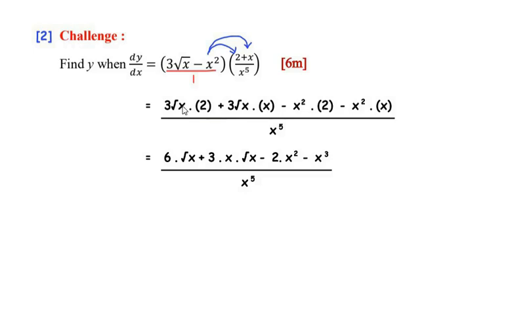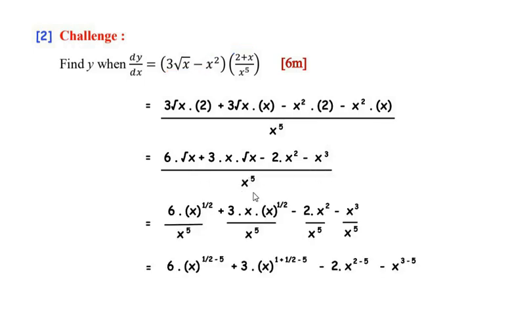Now in the next step, we have simplified it further. So 3 times 2 gives us 6 root x plus 3 root x times x is written as 3x root x minus 2x square minus x square times x gives us x cube over x to the power of 5. Now in the next step, we have distributed this denominator to each term of the numerator and at the same